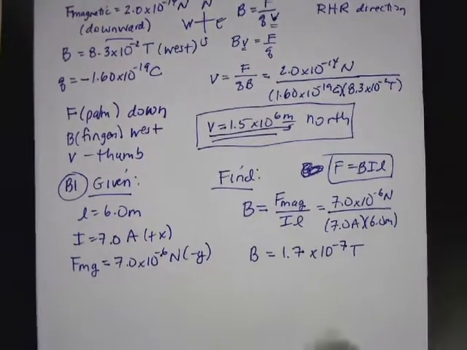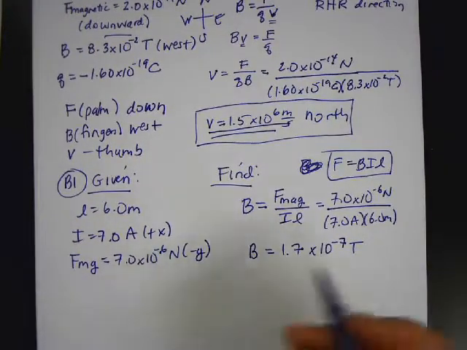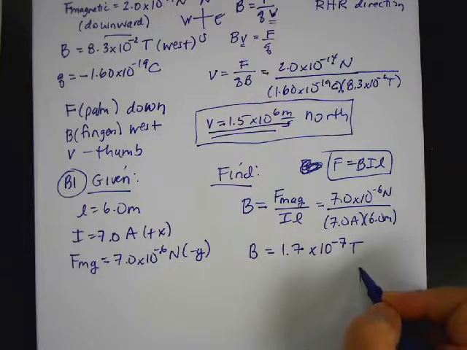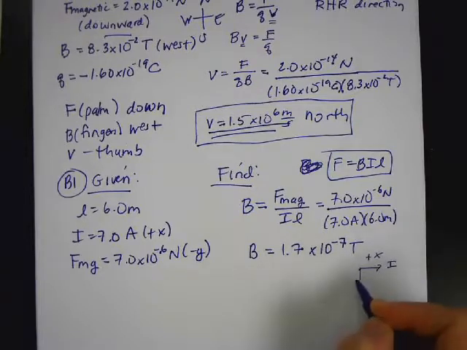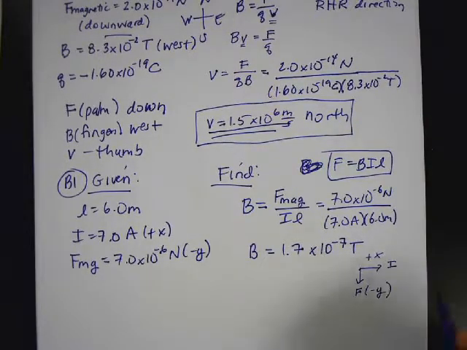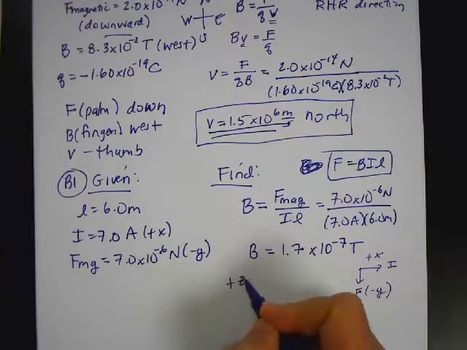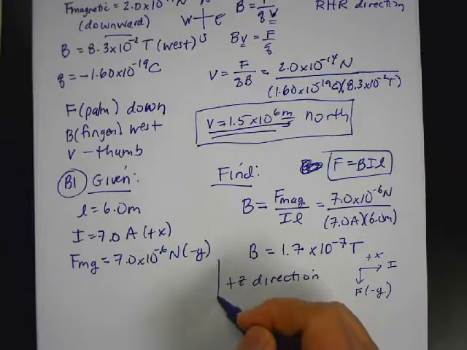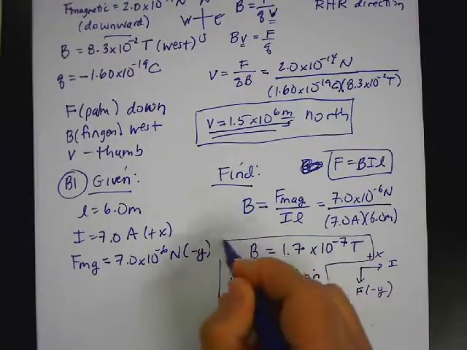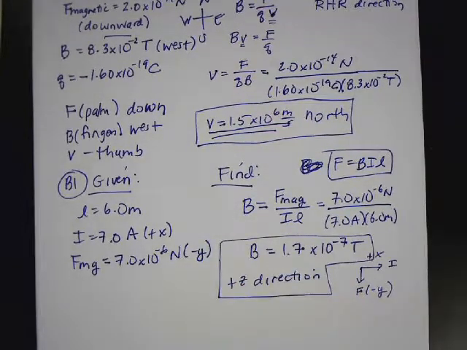So what I'm going to do is, to help me with my rule, I'm going to draw a picture before I use my hand. The I is in the positive X direction. The F is in the negative Y direction. And then my B is going to be in the positive Z direction. Now we'll practice this in a second once this is done, using our hand to see the right-hand rule. Okay? And we're going to